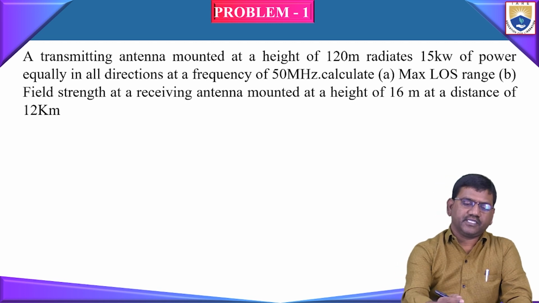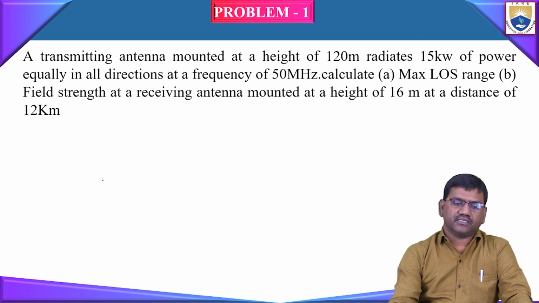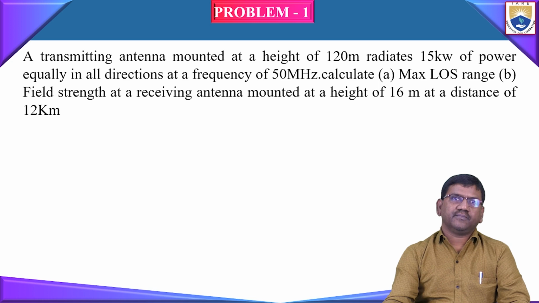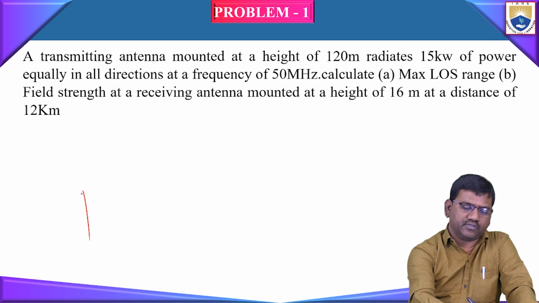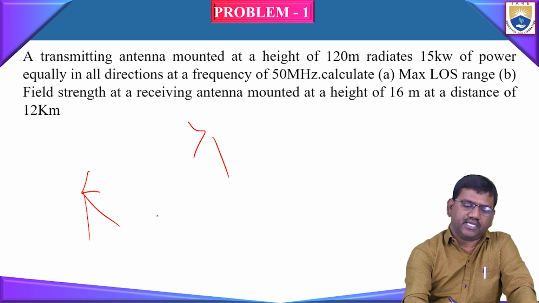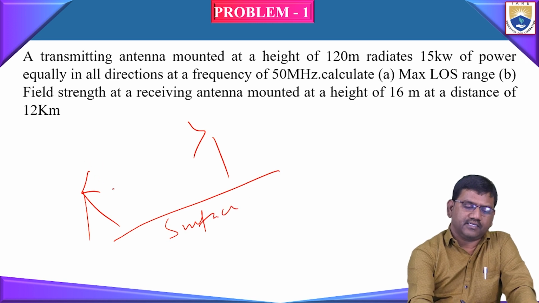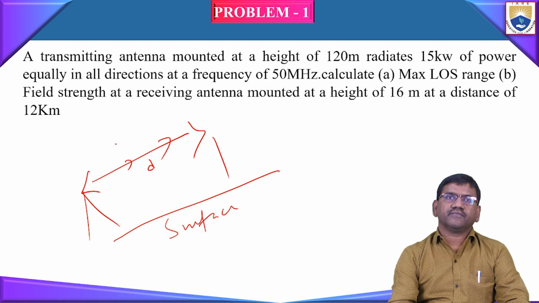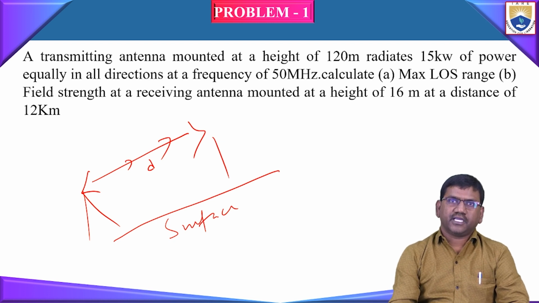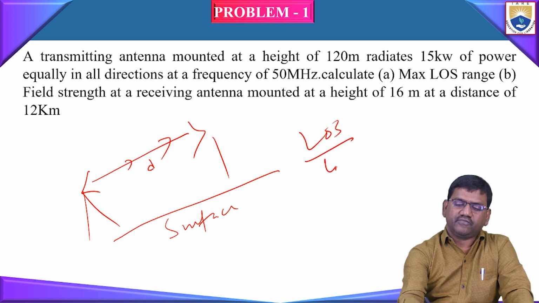Here in space wave propagation, we establish an LOS communication. That is, a direct path is established between the transmitting antenna and the receiving antenna. We call it line of sight propagation. Suppose there is a transmitting antenna and this is the surface of the earth, and this is the distance of propagation. Here there is a direct path. When there is a direct path without any obstacles between the transmitting antenna and the receiving antenna, we call it LOS or line of sight